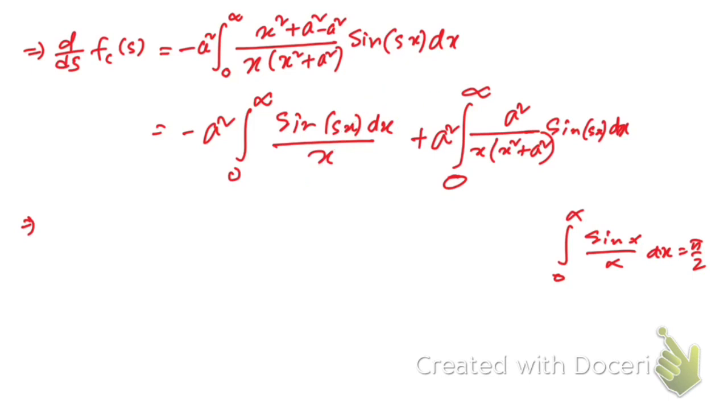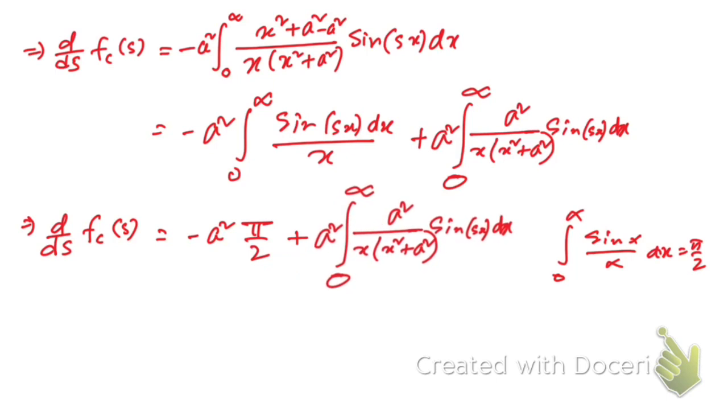So that's why we're gonna have the derivative of the cosine transformation of s, that's gonna be minus a square. Here we're gonna have pi plus, we have got this one. Let me copy this. Right, so now